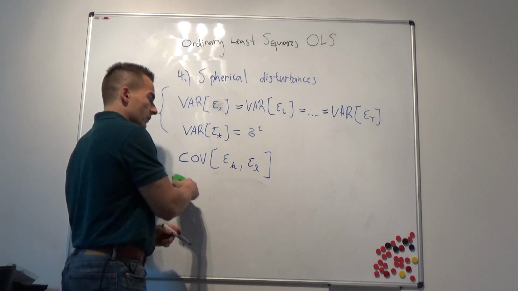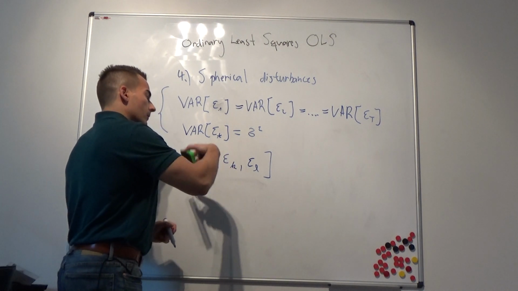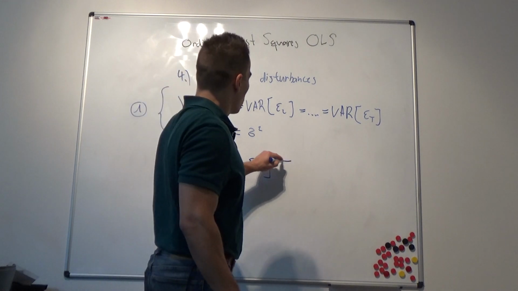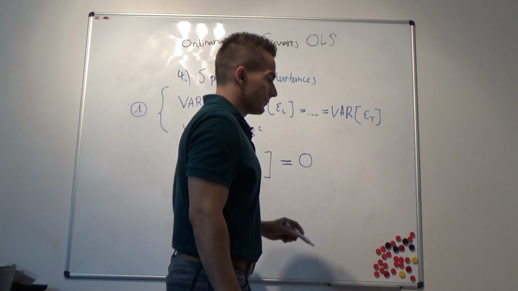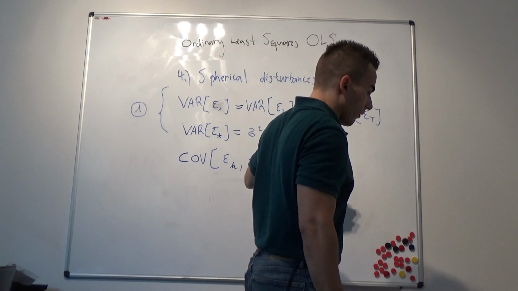So the covariance between the residual k and residual l should be 0